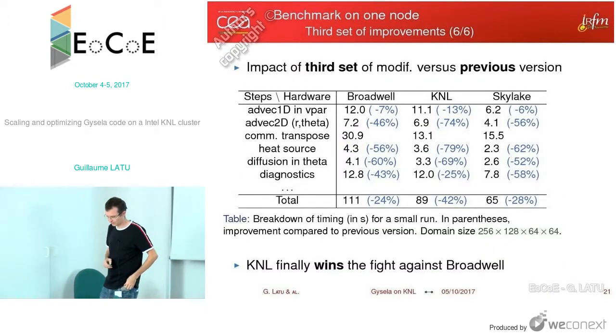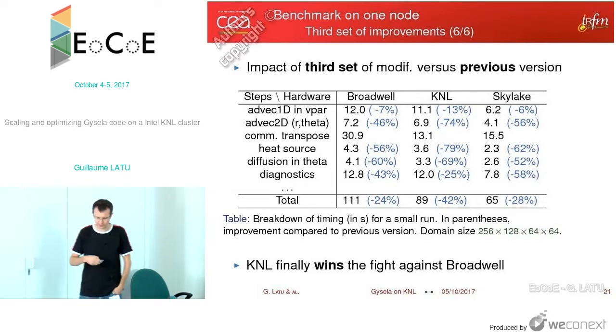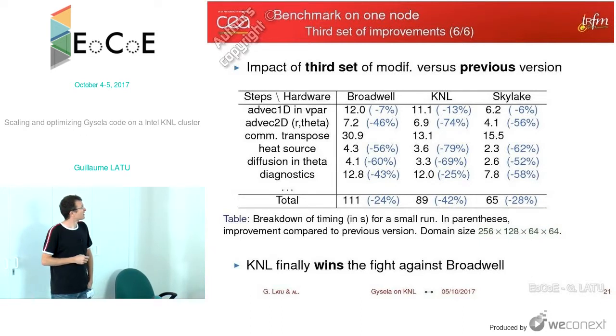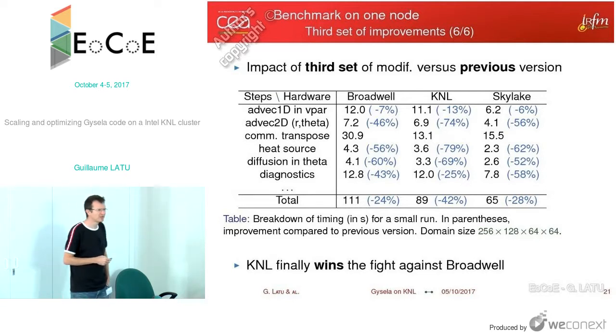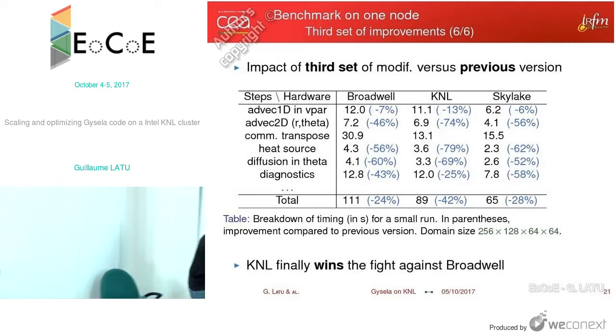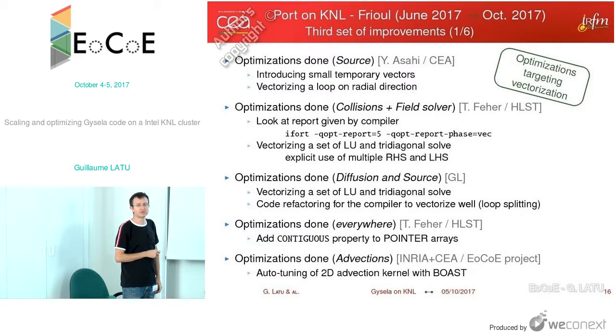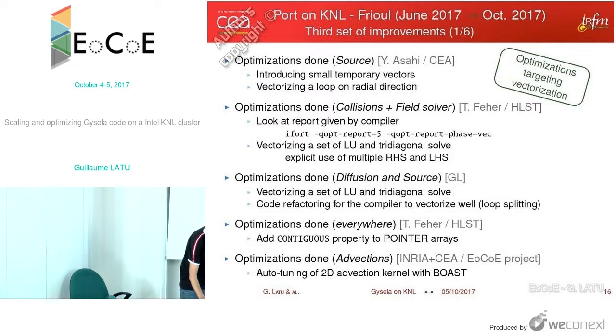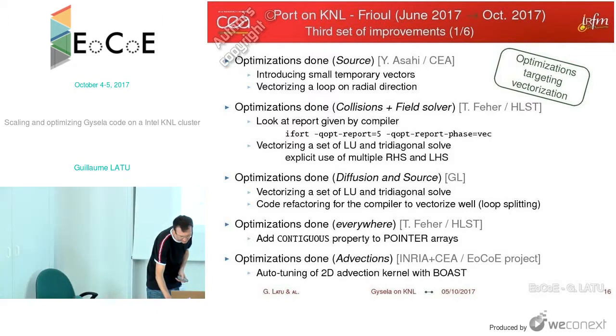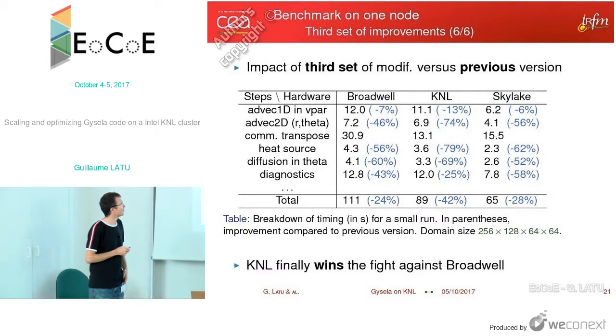So here are the results compared to the previous version. On 1D advection, we have done quite nothing, so there is not so much improvement, apart from using contiguous. I have not said it, but we try to put contiguous, which is a Fortran syntax to say that arrays are contiguous. And this helped us to have a small gain on some